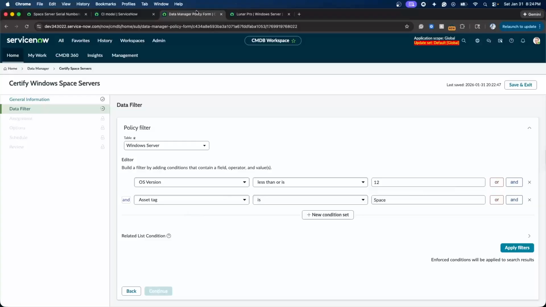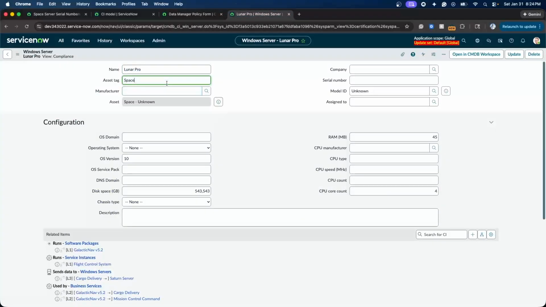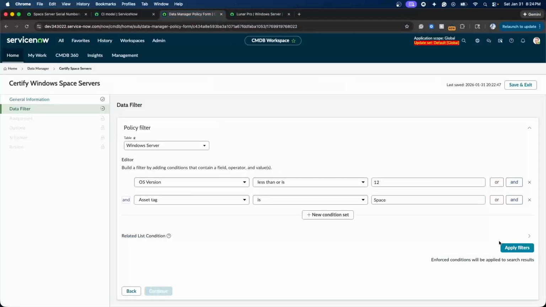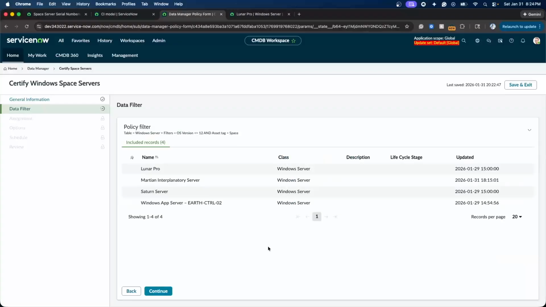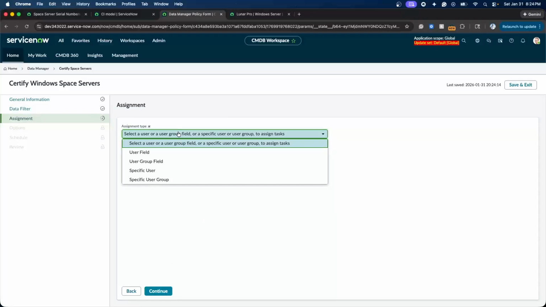I'm just using it for the sake of the video because I have already tagged all my space servers. Now we'll apply the filters and you'll see here we got four different servers that follow these conditions. We'll hit continue. Now for the assignment type, we are going to apply,